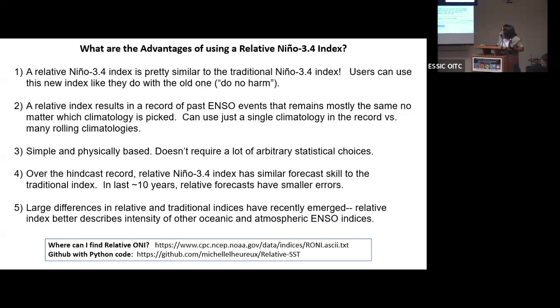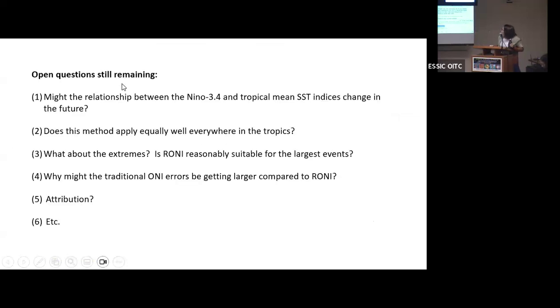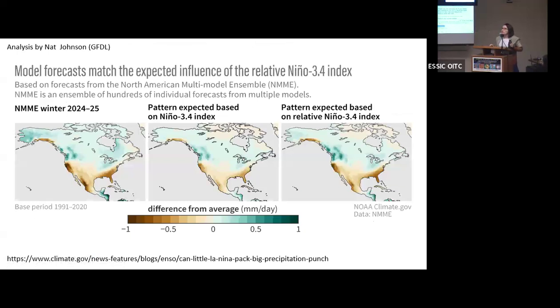I didn't have time to get into this, but I have a colleague, and I really want to advertise some of his work, because he's been doing some really interesting work. I'm part of the ENSO blog, which is this climate.gov update on El Nino and La Nina, updated twice a month. We've been doing it for 10 years. It's a great crew, and we can talk a little more about these issues that crop up. This is Nat Johnson, a blogger at NOAA GFDL. He's only in the model world, for precipitation over the United States, and he looked at predictions of the winter.